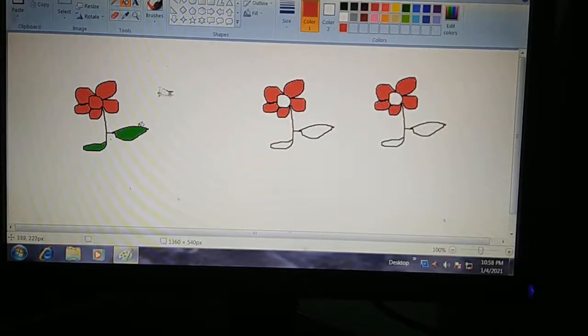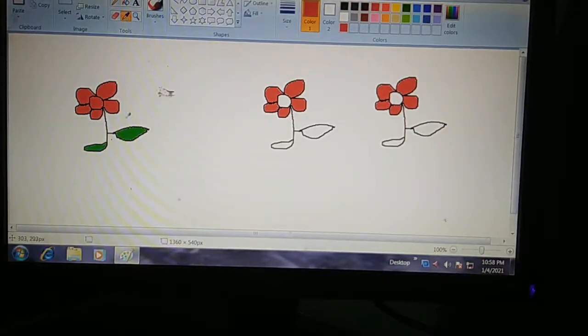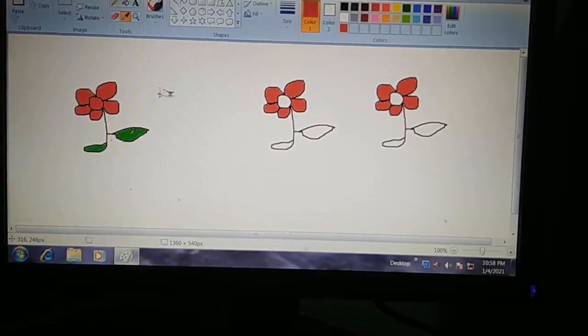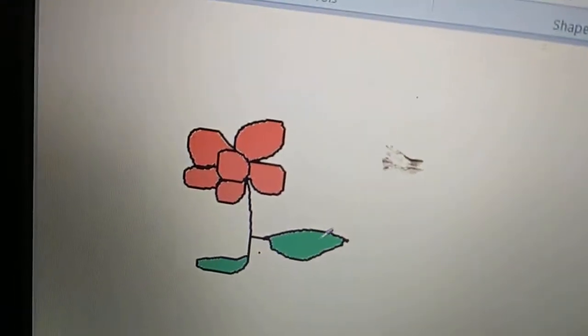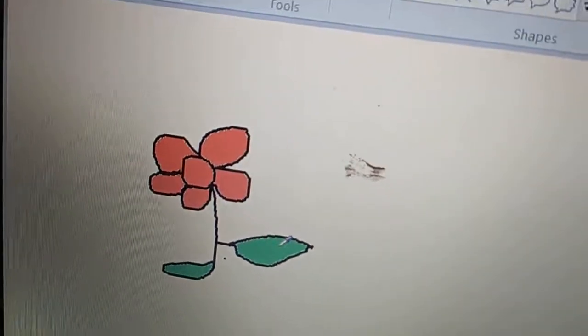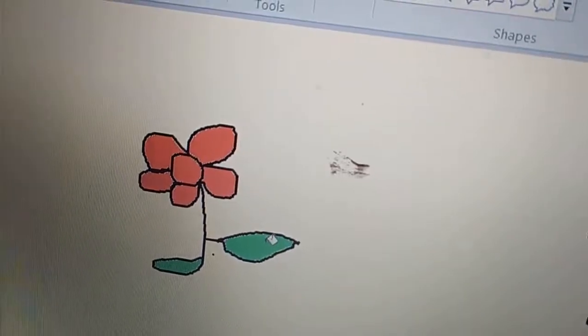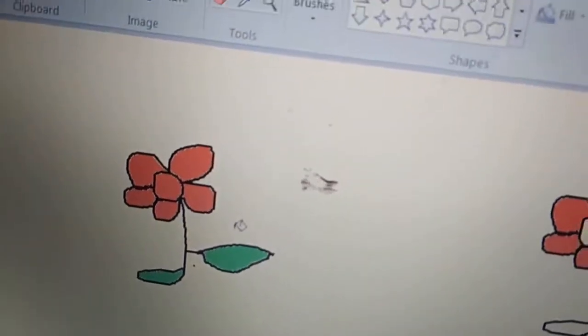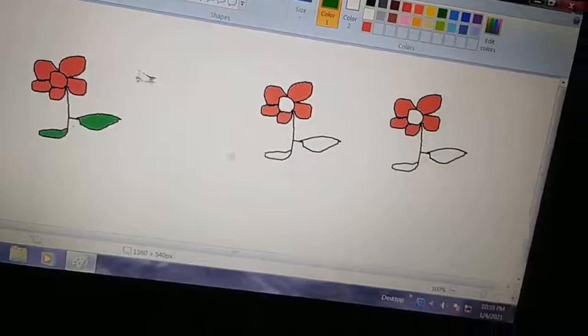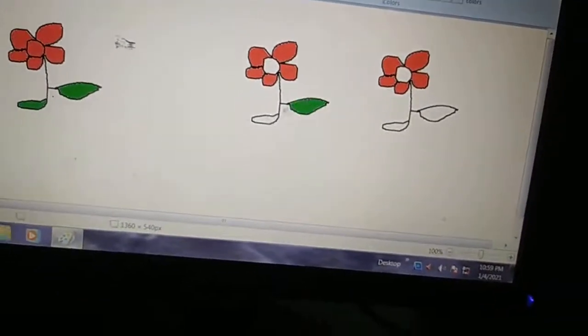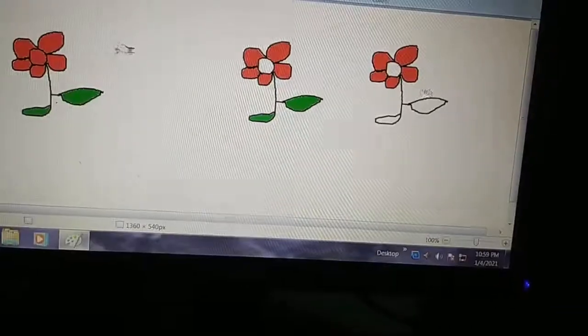Understood? To choose this green color, color picker taken. Now I am picking green color, you see here. This is the dropper, and now it is picking color for color 1. Done? And now you see it has changed into the fill with color tool. Now fill this green color in the flowers.